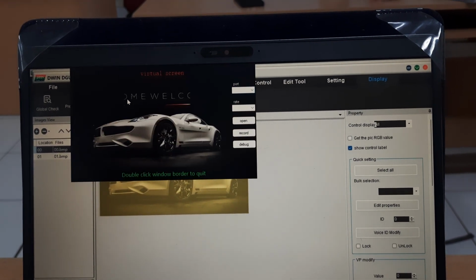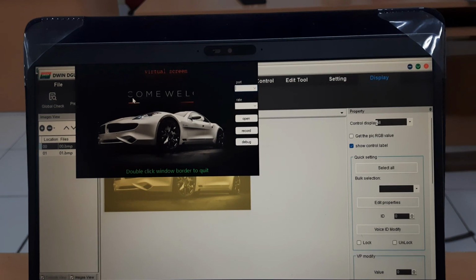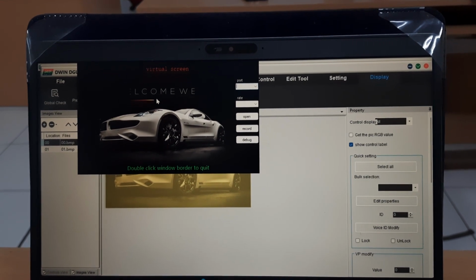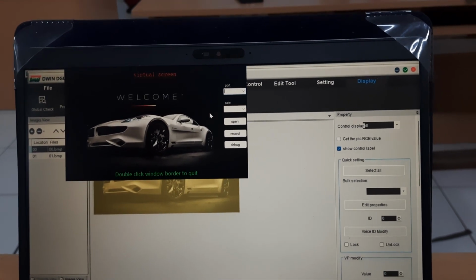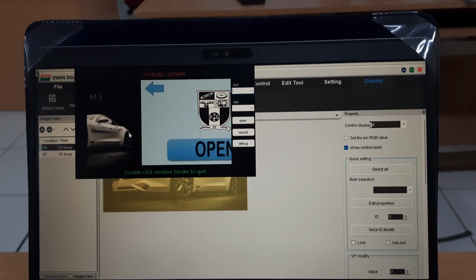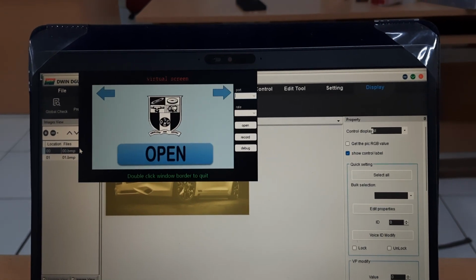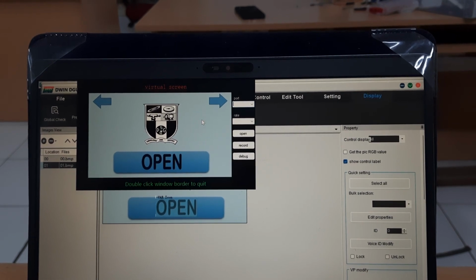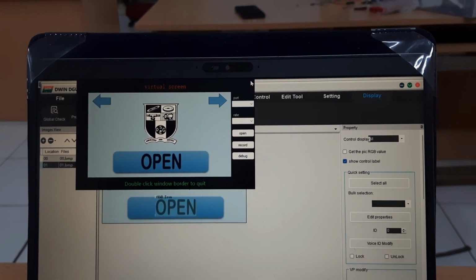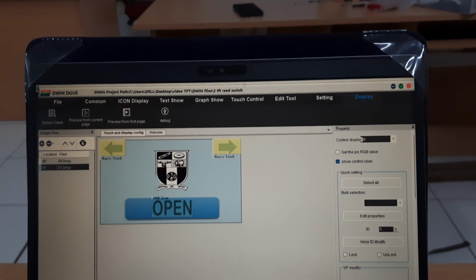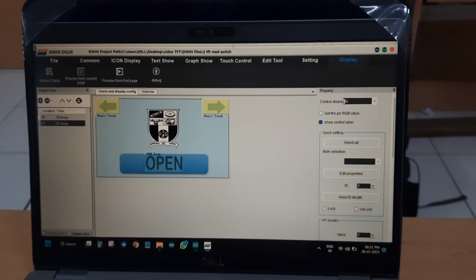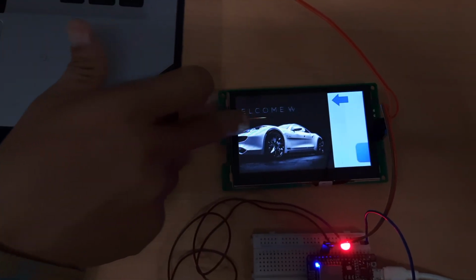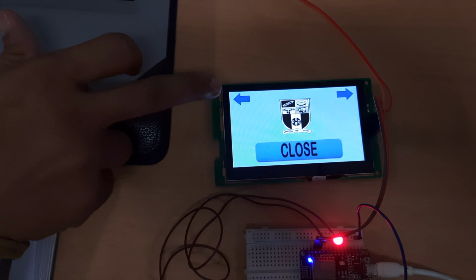If I play this, you are able to see the animation like welcome is moving, and when you do the touch, you are able to see the open screen as you see here. This is the one which we have simulated here, and that is the one which is happening in the hardware as you see here. So on the hardware, if you swipe here, you are able to get open or close, and